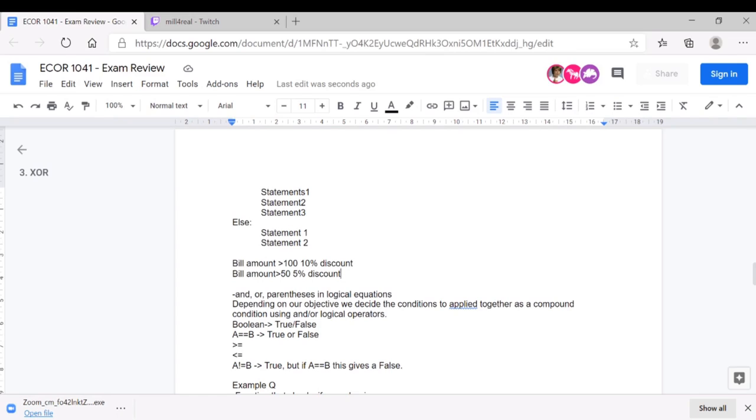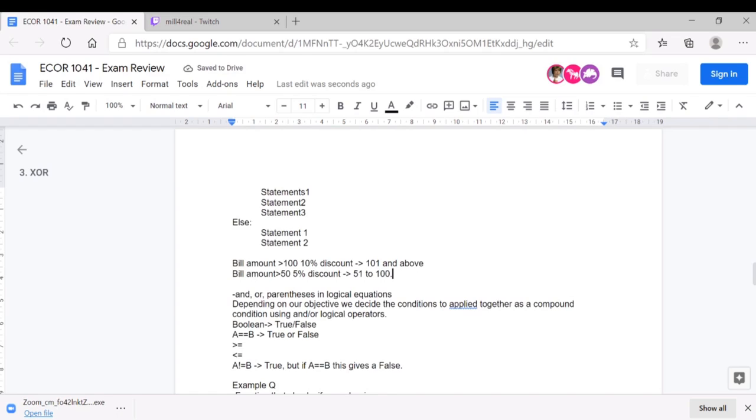Why? Because if my amount is greater than 100, we give it a 10% discount and evaluate it using the statements under that if. If it's not that, we come to our next condition. For this condition to work, the previous one has to fail. So the boundary of this condition indirectly becomes 51 to 100, because the first caters to 101 and above, and this one caters to 51 to 100. So it's a subsequent condition.